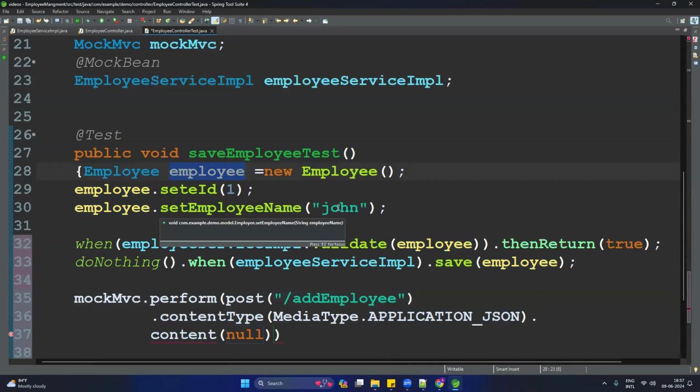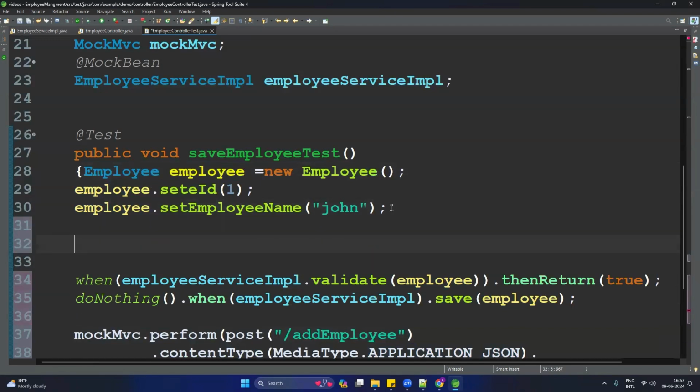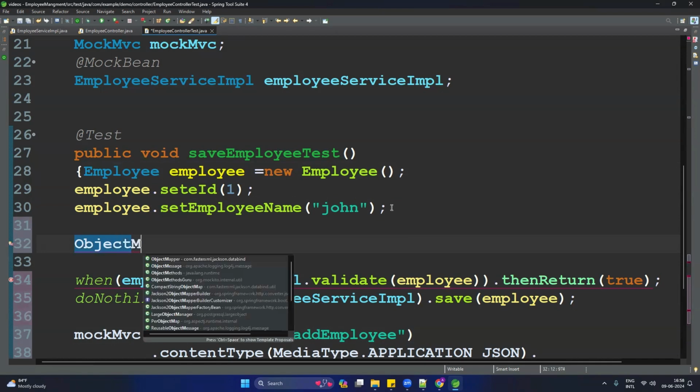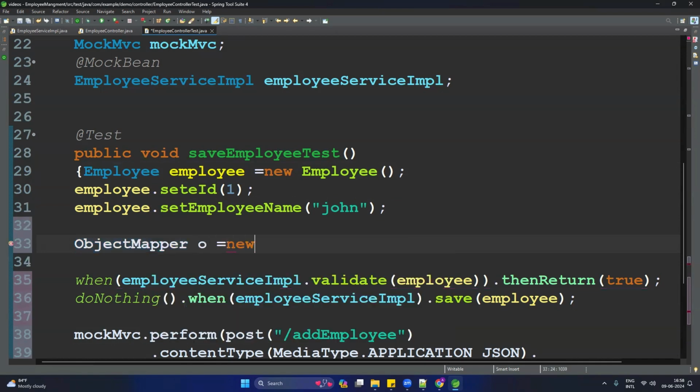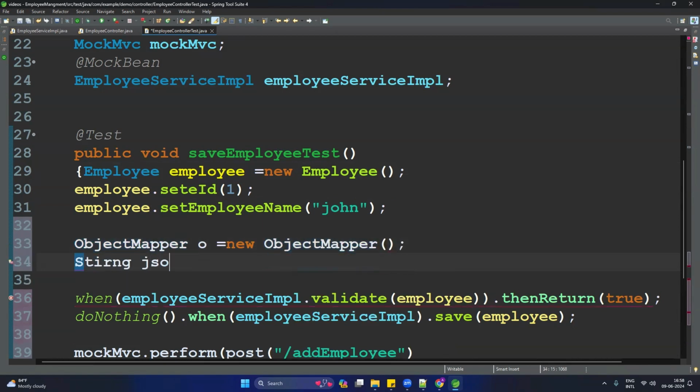So for this, we can use ObjectMapper. It is a util class. By using that class or that object, we can convert this employee into the JSON format or JSON string. So how to do that? It's very simple. Create an object of that util class. The name of that class is ObjectMapper. ObjectMapper o is equal to new ObjectMapper. That's it. Then String jsonRequest